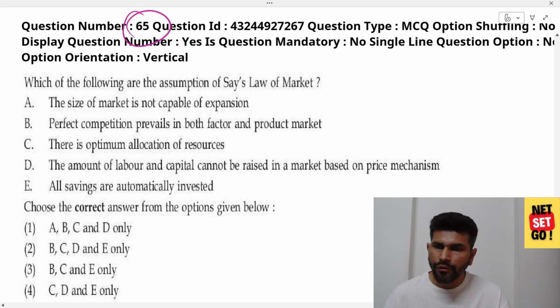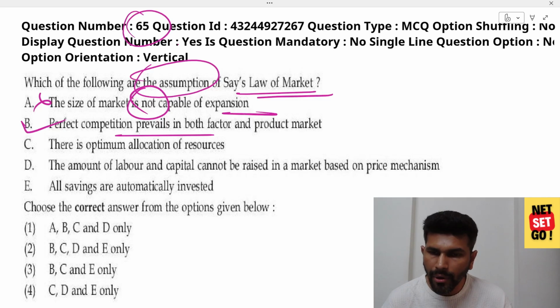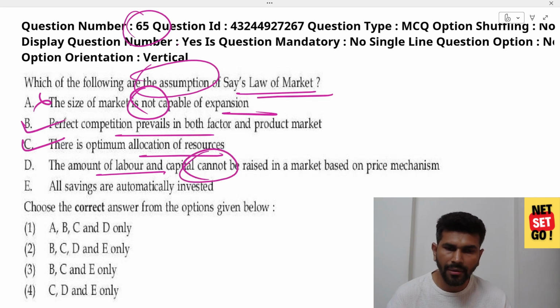Next, which of the following are assumptions of Say's law of market? The size of market is not capable of expansion. No, it is capable of expansion. Perfect competition prevails in both factor and product market. Correct. There is optimum allocation of resources. Correct. The amount of labor and capital cannot be raised in market based